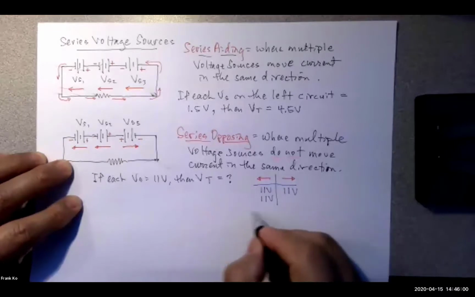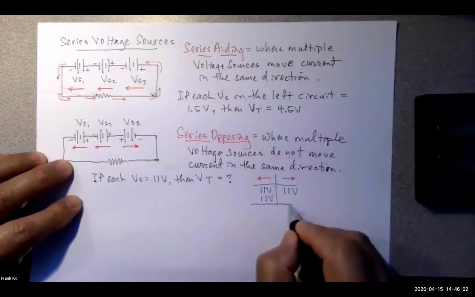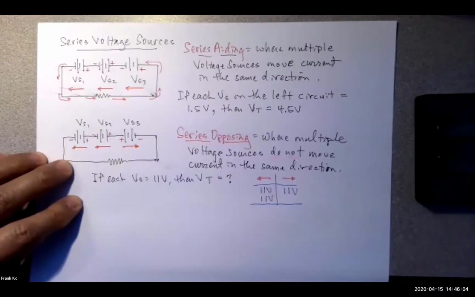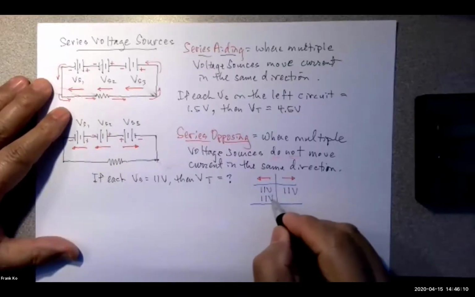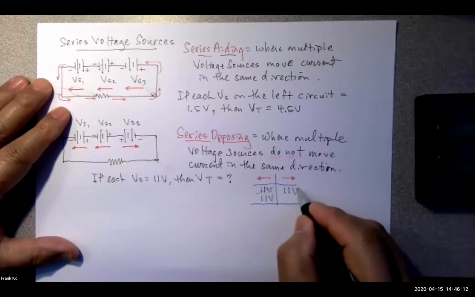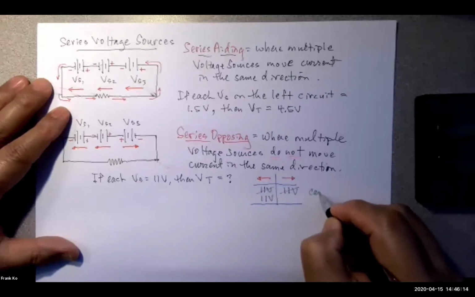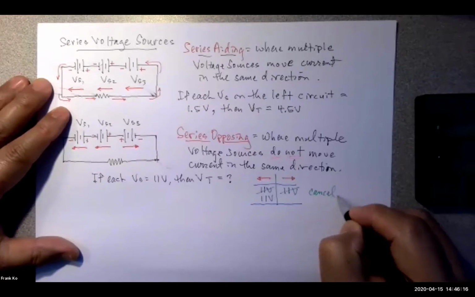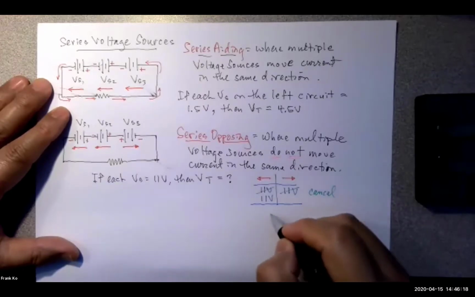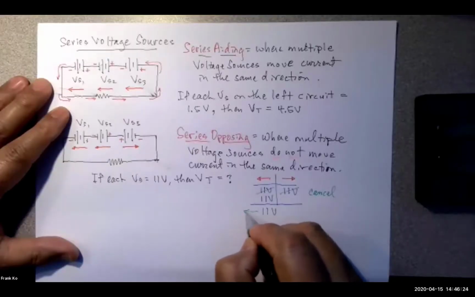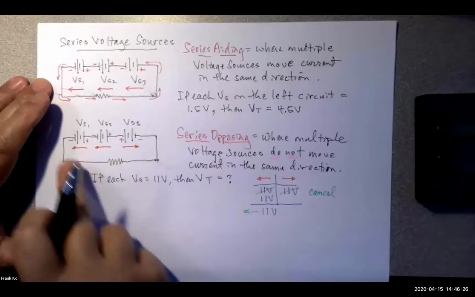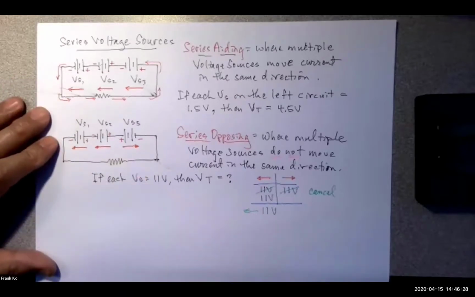Do they cancel each other out? They do. So we will have a cancellation of here and here. These values cancel, leaving you with 11 volts. In which direction? To the left. So the net voltage, the net result